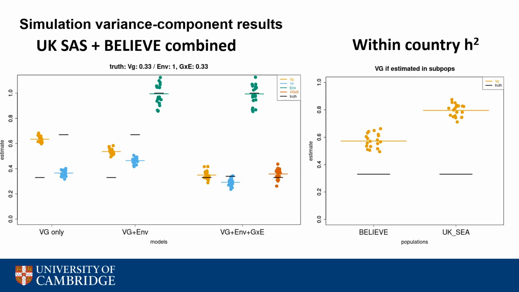So instead of the expected 33%, we see VG around 66%, which is quite an interesting result in itself, because this reinforces the notion that within-country heritability estimates obtained so far may be overestimated. This would happen if there was a hidden interaction effect of the kind I'm simulating here. As we will see, for some of the real data phenotypes, this is actually very similar to what we will find.